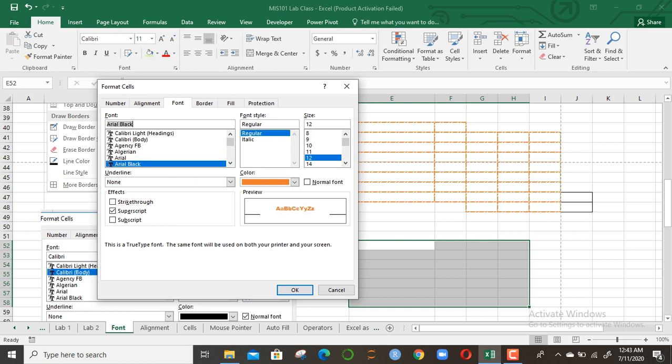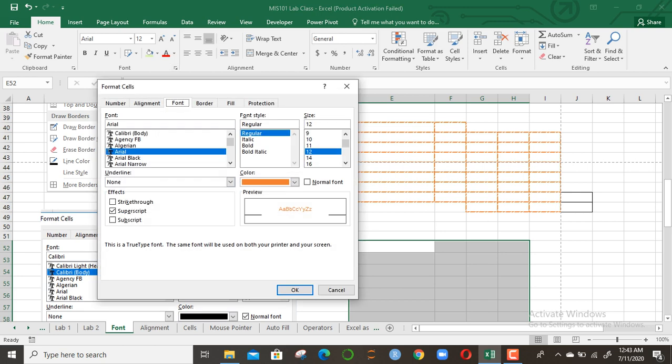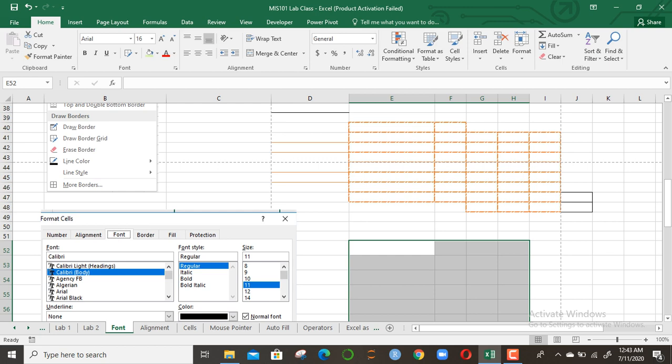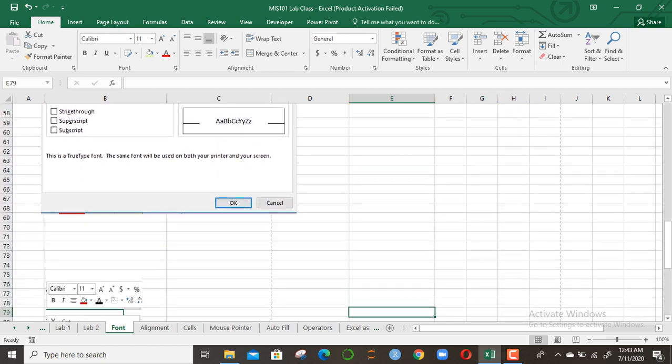Okay, just click it again. When you're selecting any font, it will show the preview. When you're selecting a font style or font size, it will show the preview of it. So we will use this thing extensively after a few classes. Okay,